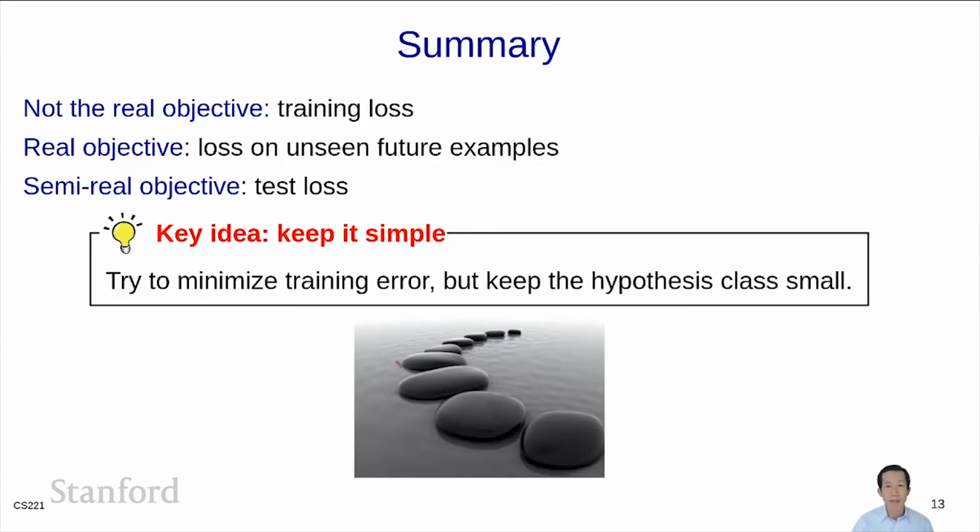So right now we've introduced a bunch of knobs for varying the size of the hypothesis class. Next, we'll see how to actually turn